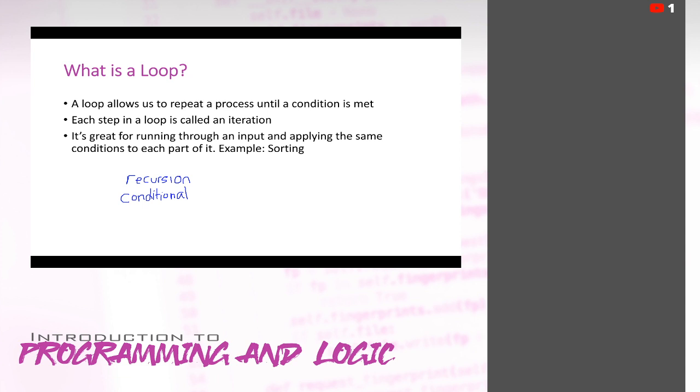Our conditionals being our if statements. If x is greater than 3, then we could do something or other. And we were talking about how one of the things that we would want to do if we were doing recursion is we would want to take whatever value we were working with in our condition and move it toward the case that would actually break the condition. So if our condition said x is greater than 3, we would have to do something to x each time we recursed the method.